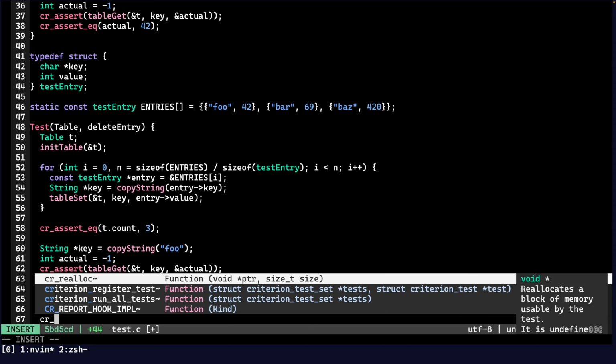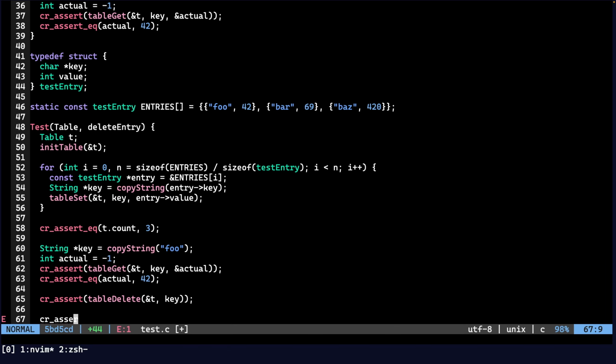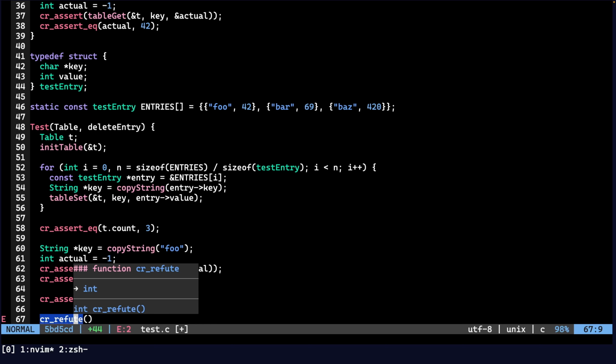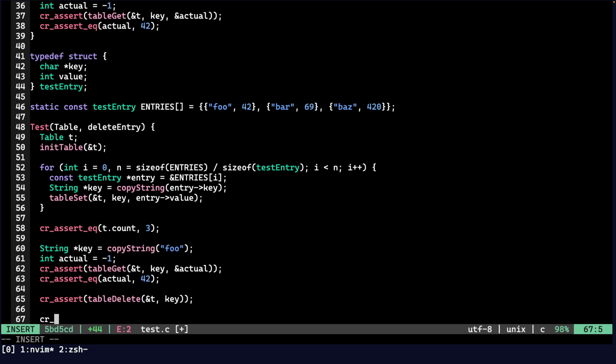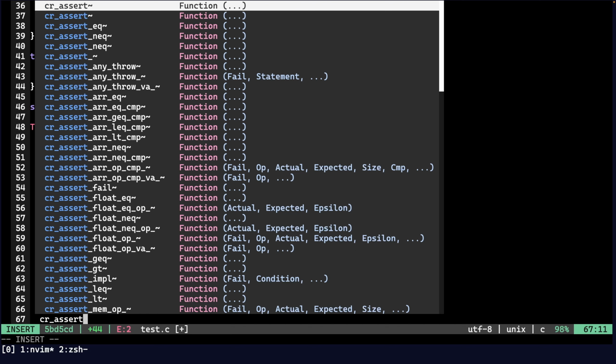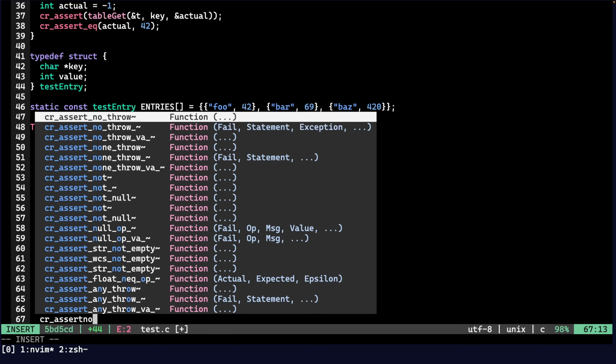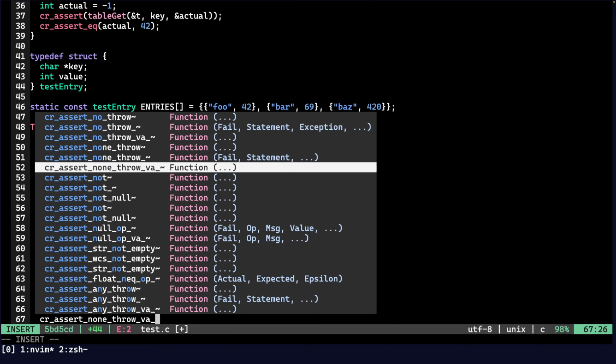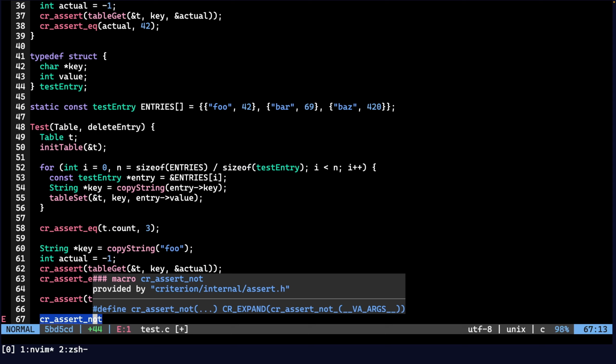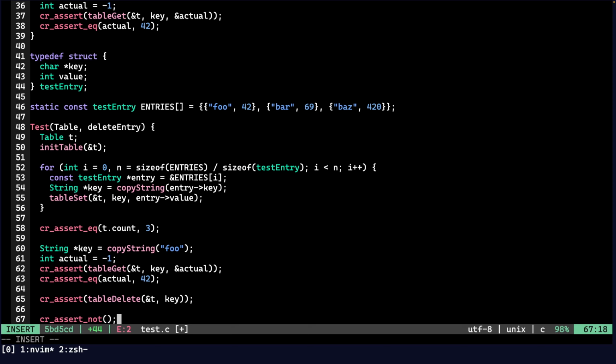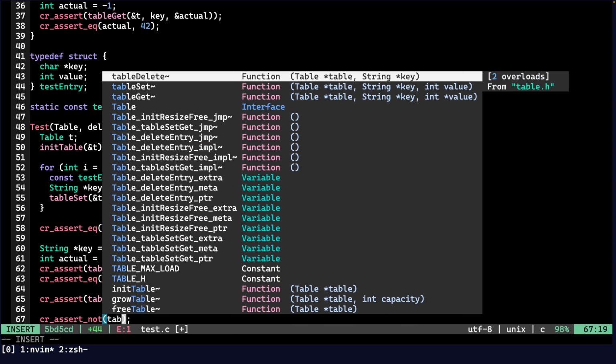Is there like an assert? Is there like a refute macro? No. Is there like a cr assert not? Okay, I guess, cr assert not table get